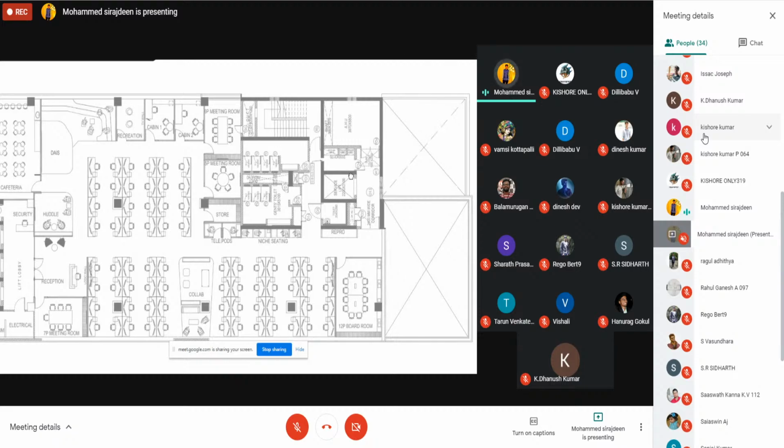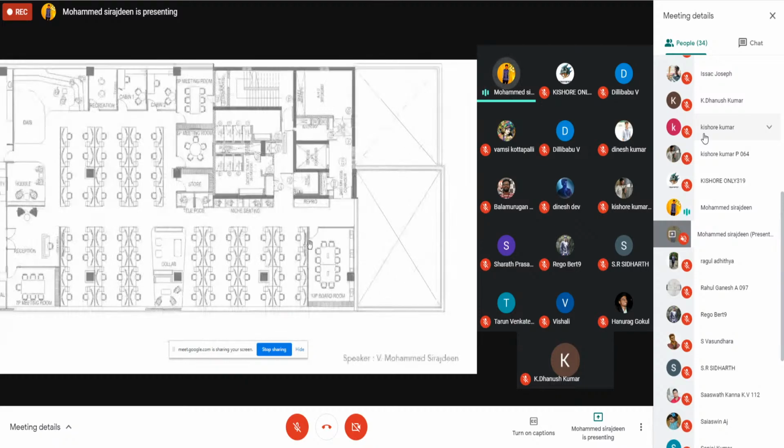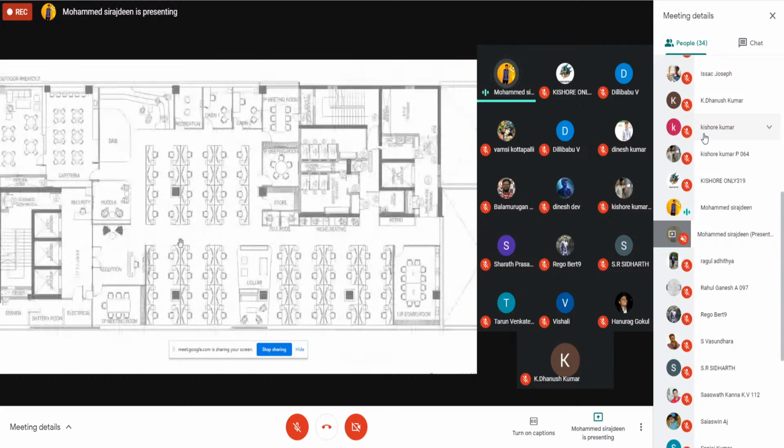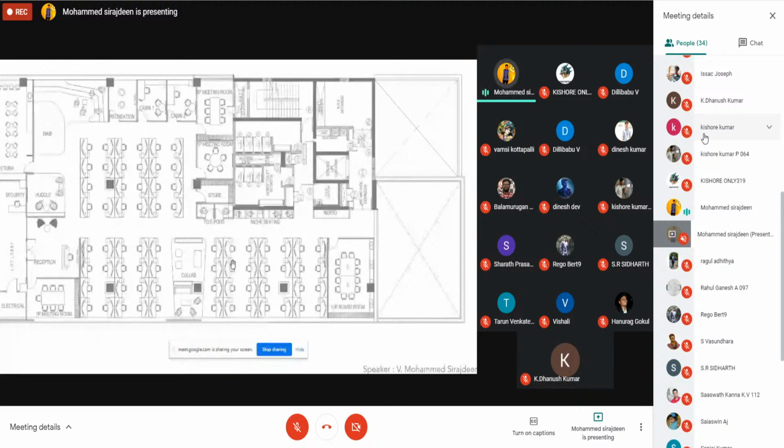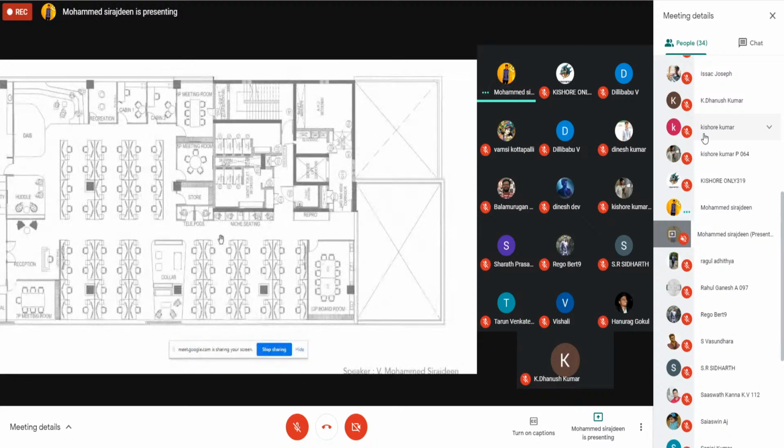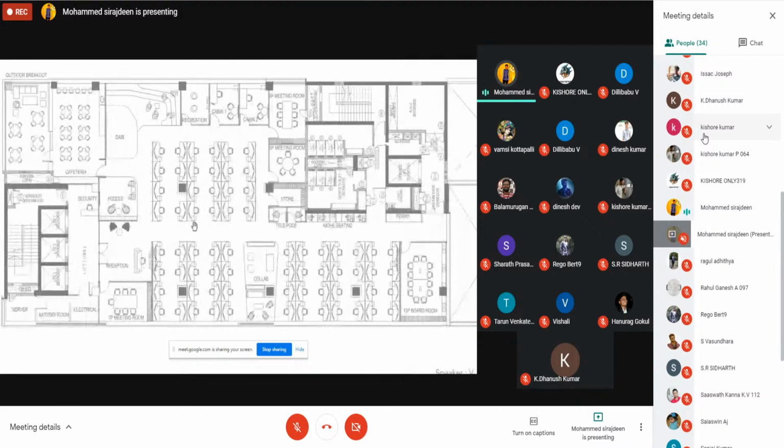So we have to choose the duct routings. Can we run a duct above the people? If we run a duct above the people, what will happen? We cannot access it or do maintenance, because work goes on in a day-to-day regular basis. We cannot disturb the people or get onto the tables, because production will be affected. The duct routing and design should be done considering the